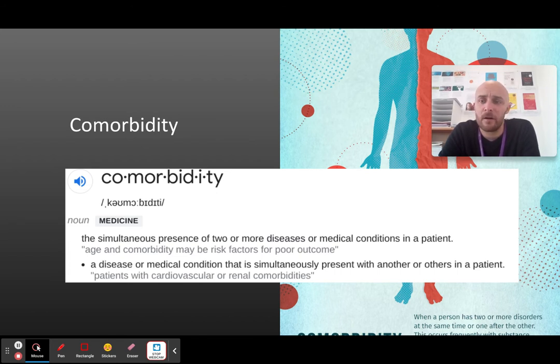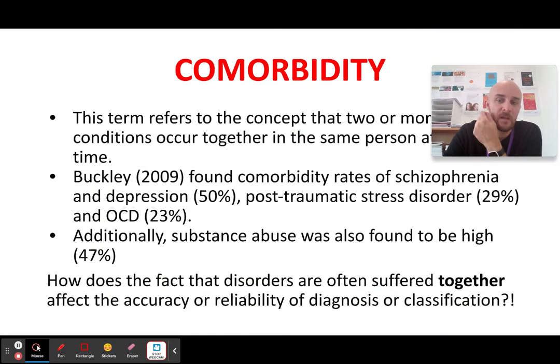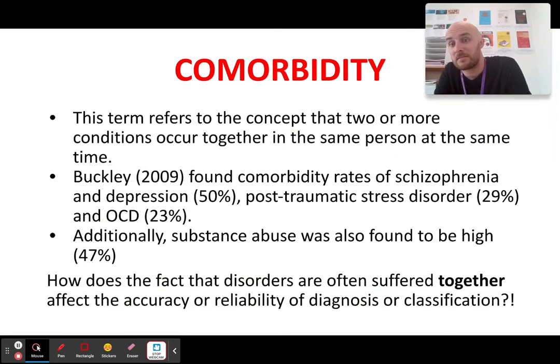No, they tend to suffer other disorders alongside it as well. So comorbidity, if you want a definition, is the simultaneous presence of 2 or more diseases in a patient. So what is schizophrenia suffered with alongside? And again, if you watched the last video, you will actually know this answer. But we need some statistics, and here are some statistics.